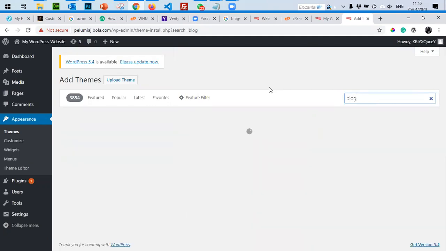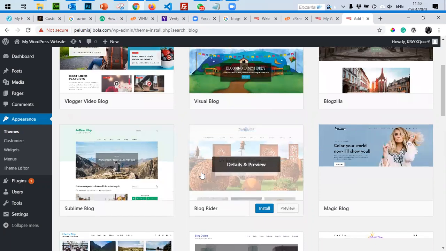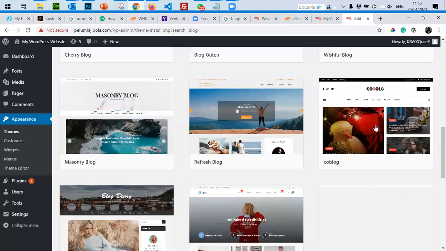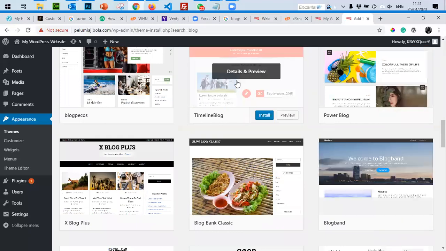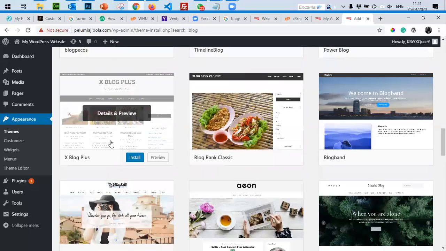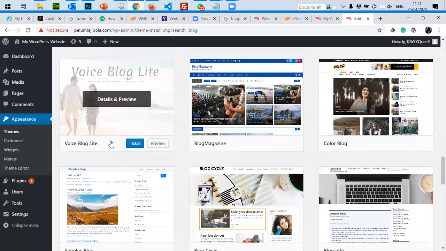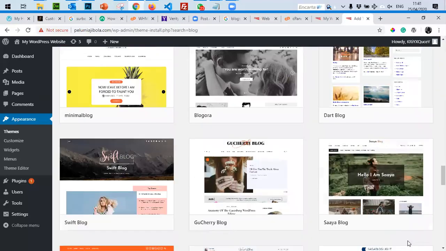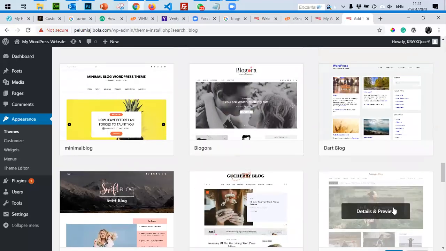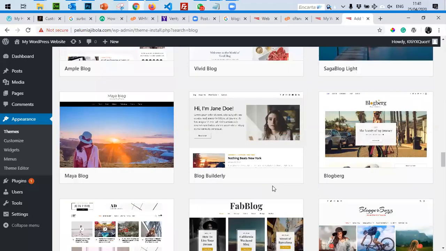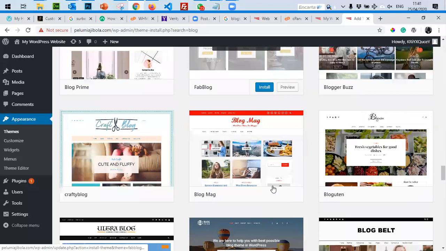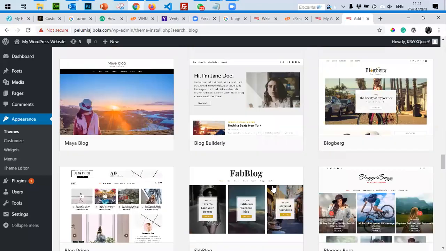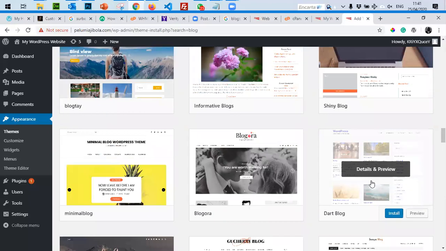So the same way I look for blog, I can see different blog themes. These are different blogs. If I want my blog to look this way, or this way, or this way, it depends on the design concept that I'm trying to adopt. Because blogs are where people come to read your articles and ideas, you probably want to choose something simple and straightforward. Let's just go with this one. So let's say this is the theme I want to work with for my blog. So I click on install.